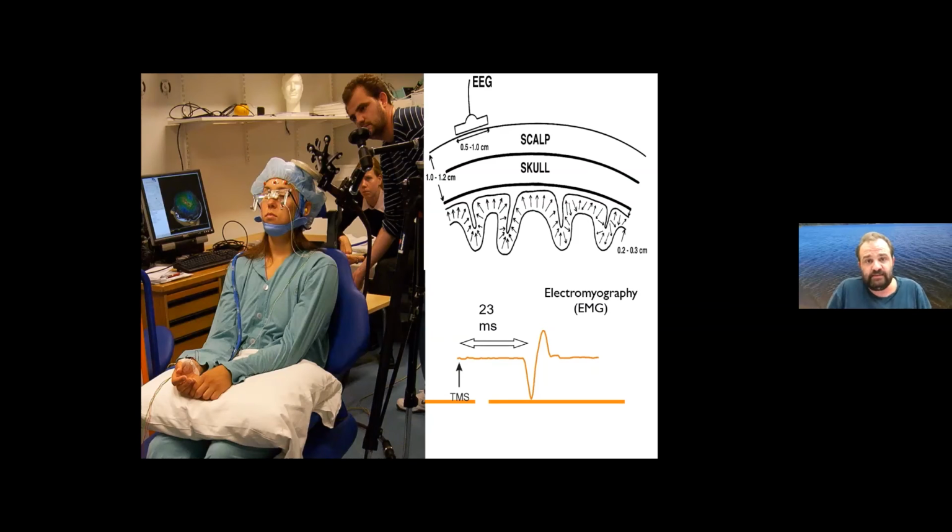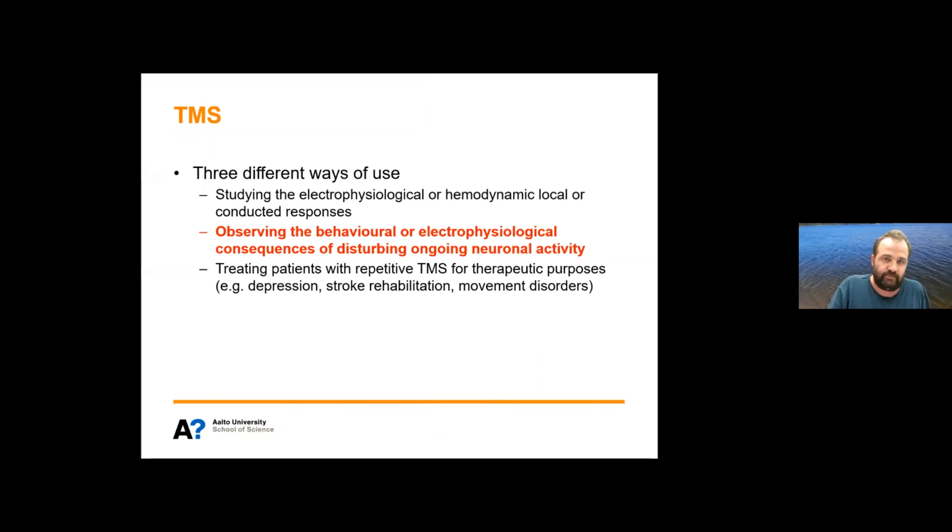Both EMG and EEG are very sensitive to the movements of the coil. So navigation is very important to reproduce and to know where you stimulate and keep it still to a specific spot. And also the representative spots for motor activity, for speech and other, they are unique for people. They can, of course, fall into the anatomical landmarks, but they are different. And that's why it's very important to do functional mapping with TMS.